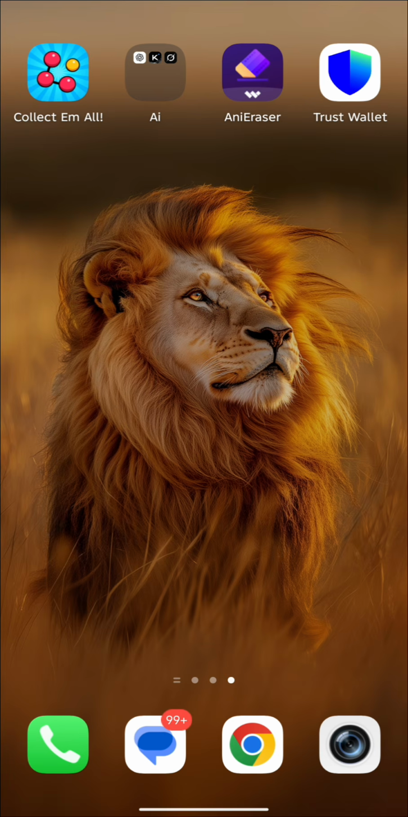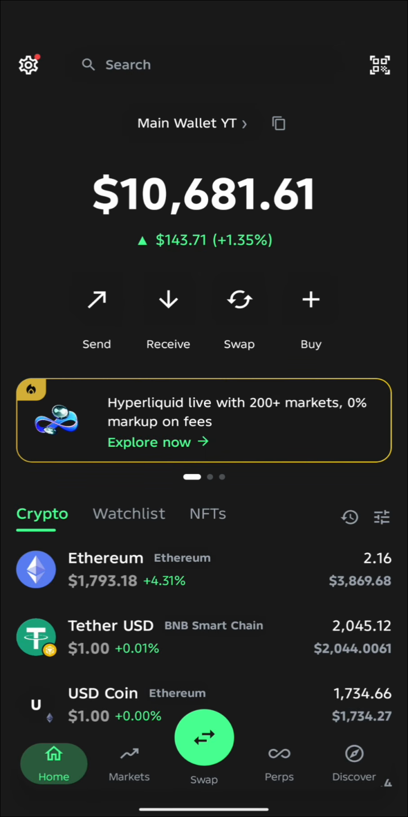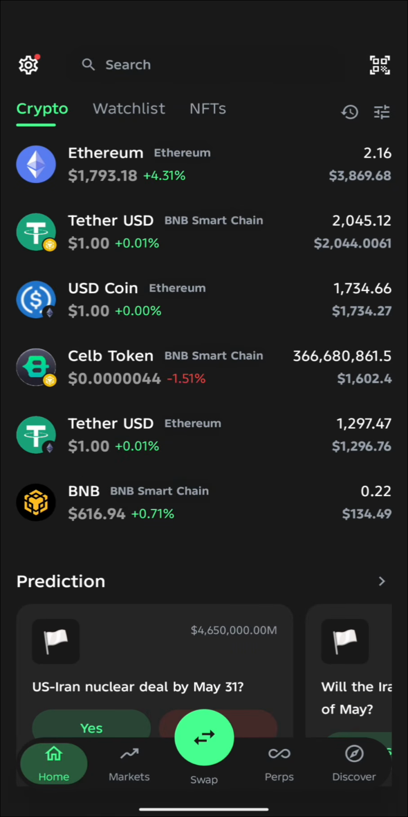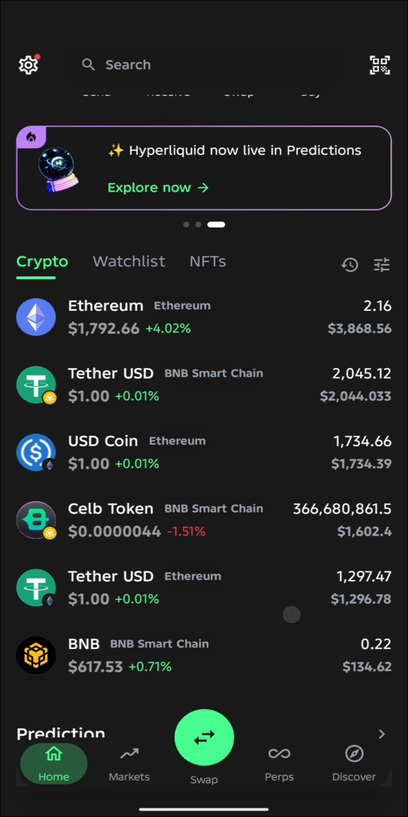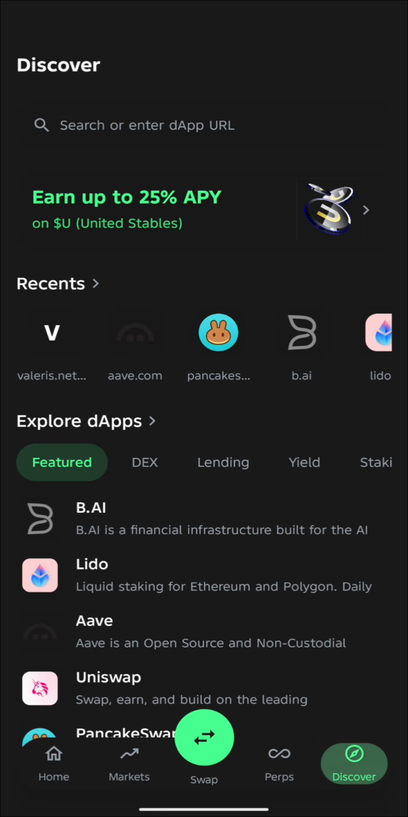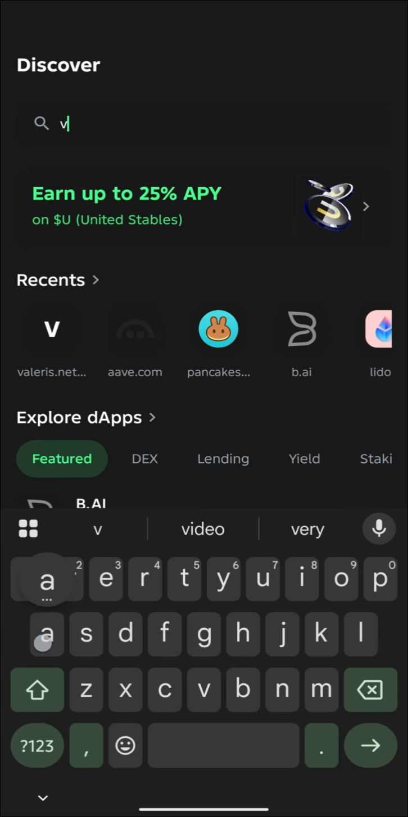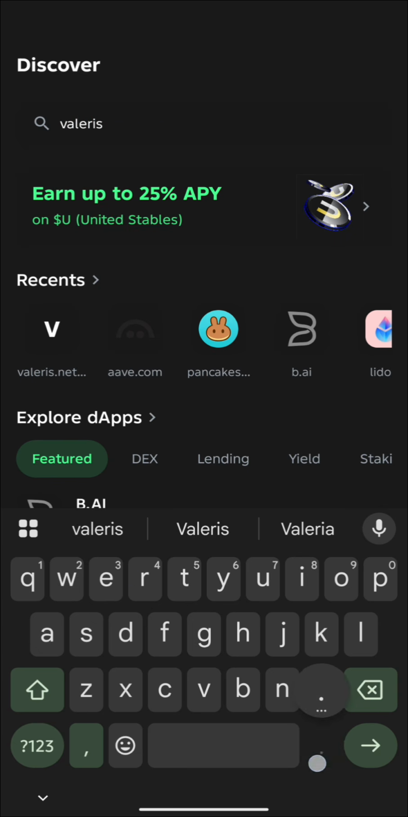Now, the first thing to do is go into your Trust Wallet where you have your CelB token. As you can see, this is my CelB token, and I have CelB token worth about $1,600. The next thing I want to do is come here and click on Discover. Once I click on Discover, I go to the search bar and then input Valeris.network